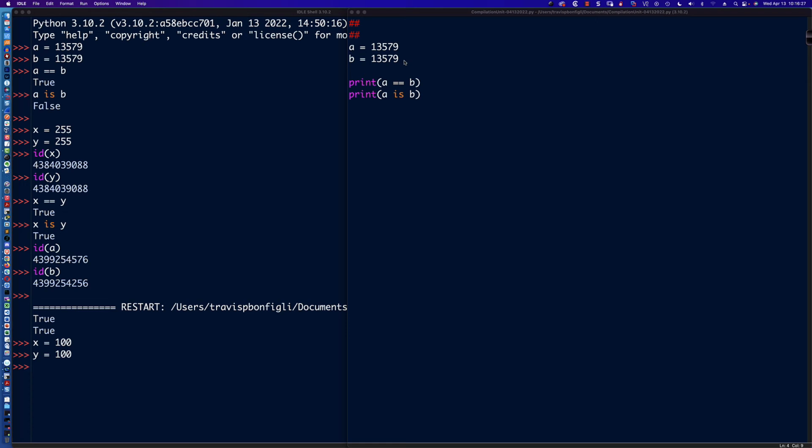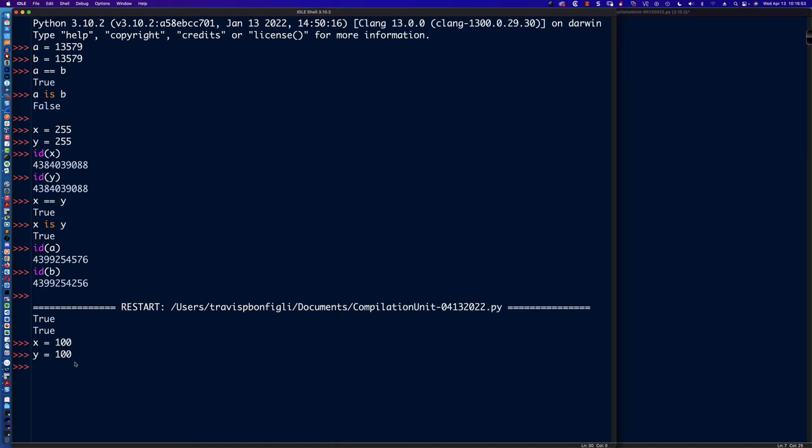Now, the same is true of strings. So let's take a look at an example in this file here. If I was to say name1 gets Bob Smith, Esquire, and then name2 gets Bob Smith, Esquire. Now, those are the same string, and if I were to run that same code over here,